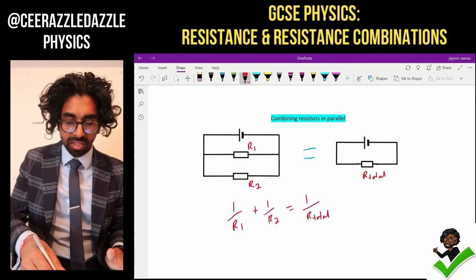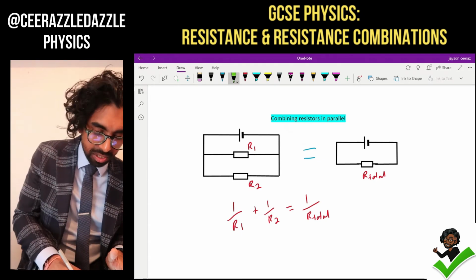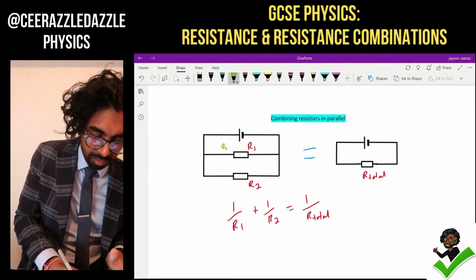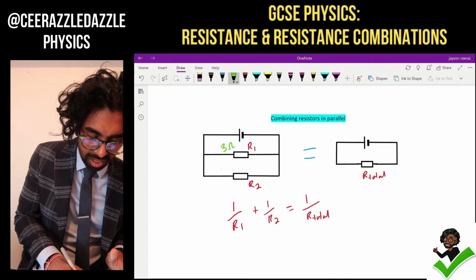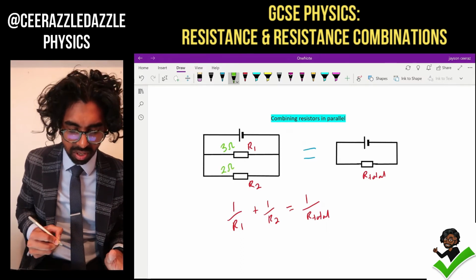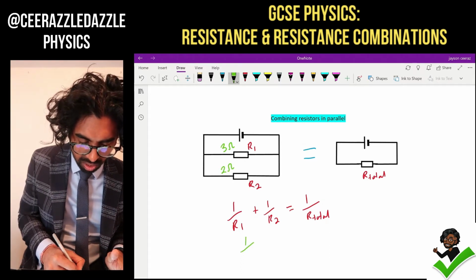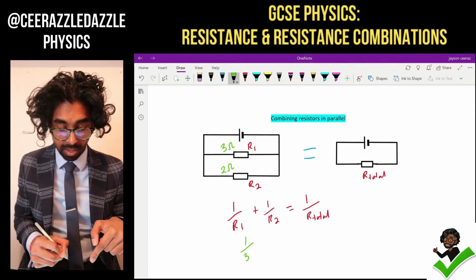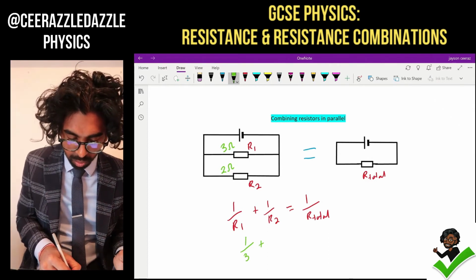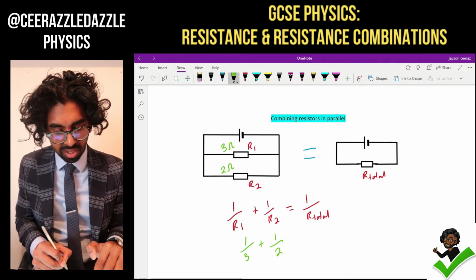So let's put that into context. Let's put some numbers in here. Let's call this one 3 ohms as before. This one is 2 ohms. Okay, so let's put the numbers in. 1 over 3, yeah, 1 divided by 3 plus 1 divided by 2, because that's the second resistor, is equal